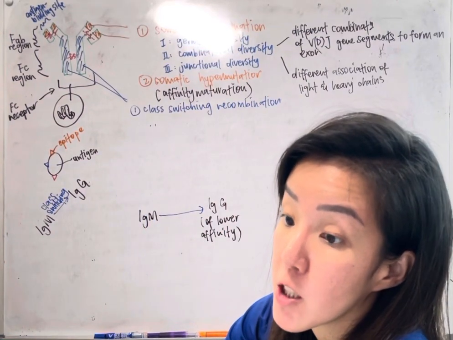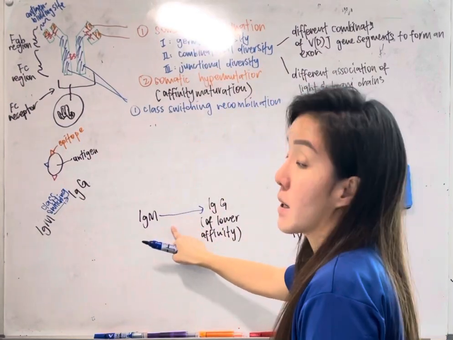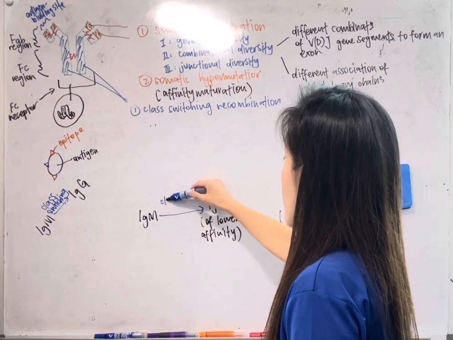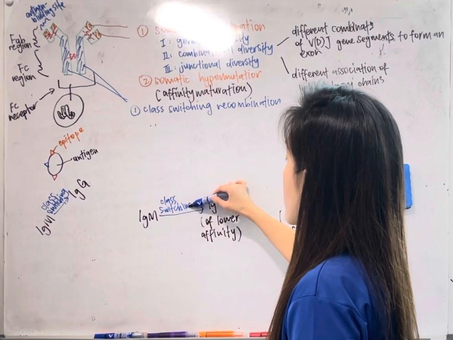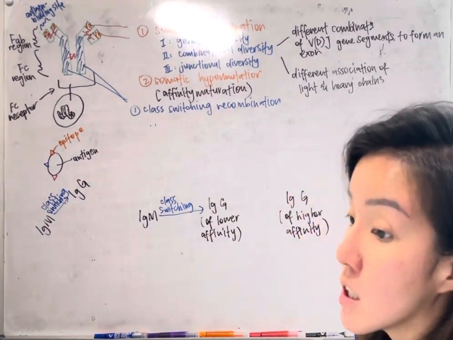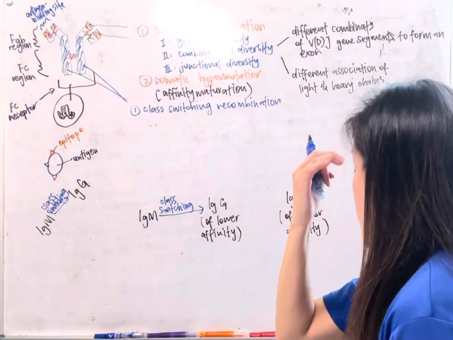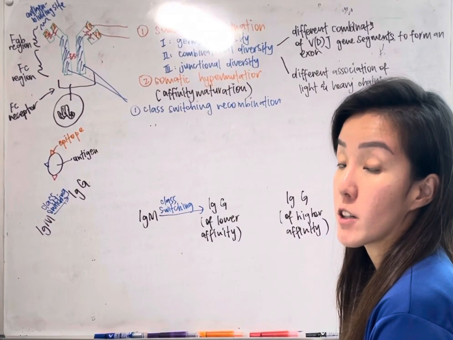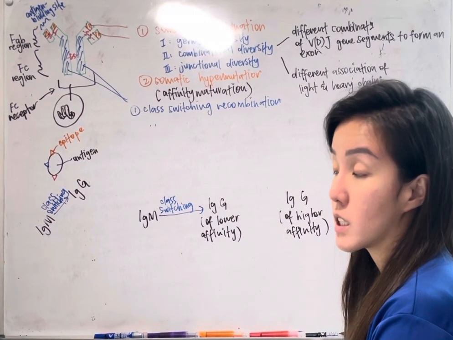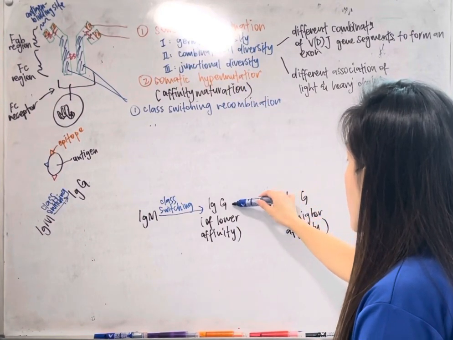Immunoglobulin M, I already mentioned, is always going to be the first class of antibodies that is secreted by your B cells. So after one round of what we call class switching, we will form here this immunoglobulin G. Immunoglobulin G, okay, when we first form it, usually has lower affinity. We already have the respective effector function of your antibody, but after rounds of somatic hypermutation,